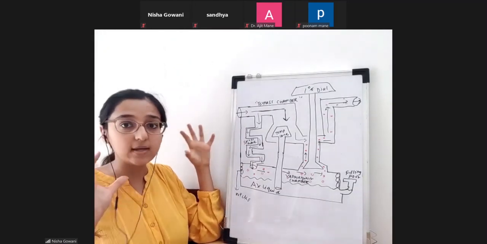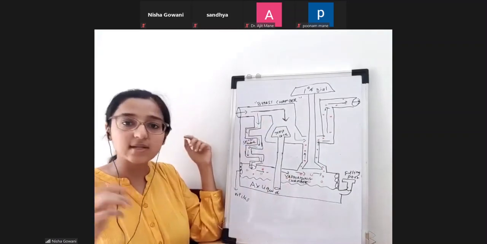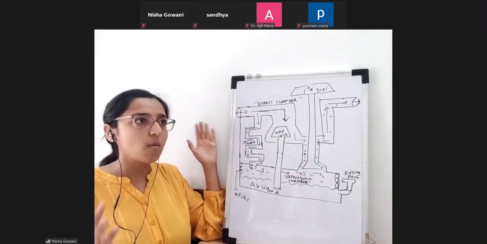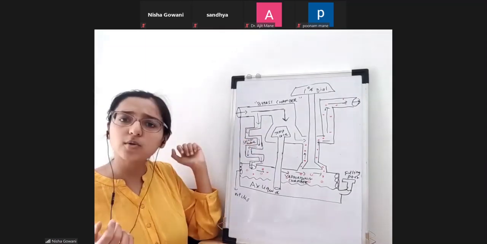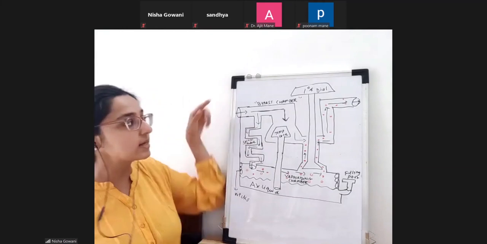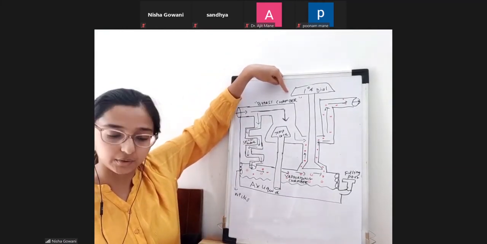You have to keep in mind these two most important chambers, the bypass chamber and the vaporizing chamber. Who will decide how much? If I am giving 2 liters O2 plus nitrous, how much will go through the bypass and how much will go to the vaporizing chamber? Who will decide that? That is decided by your dial setting, this 1% that I have put here.